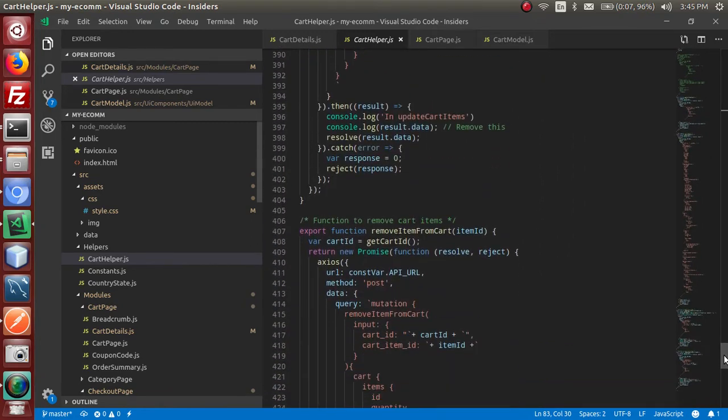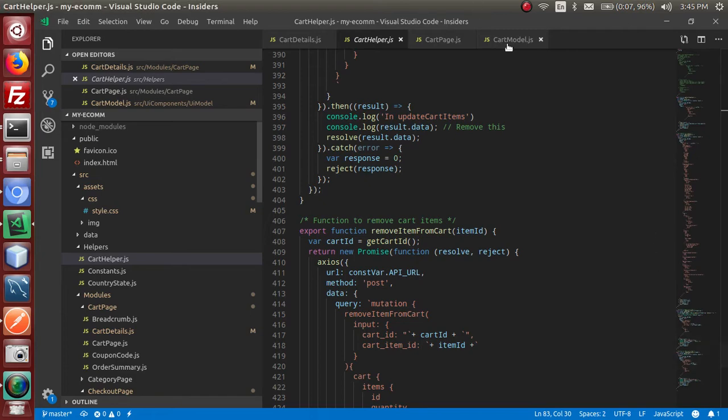So these functions we can use commonly on a product detail page as well as a product listing page, wherever the add to cart button is there. And also we are using these functions on a cart detail page to update those cart items.